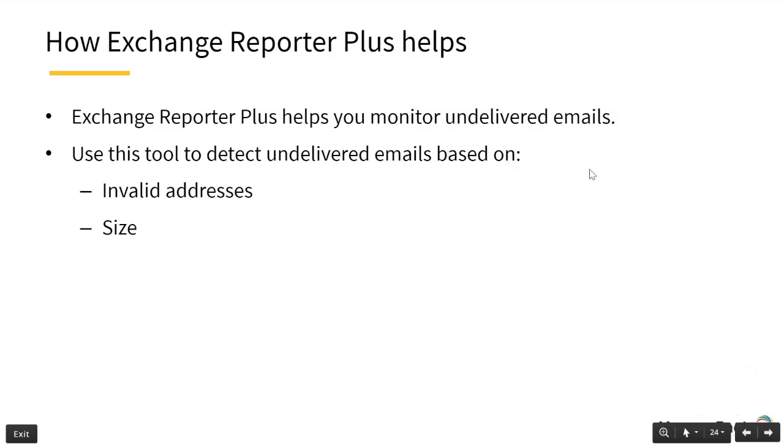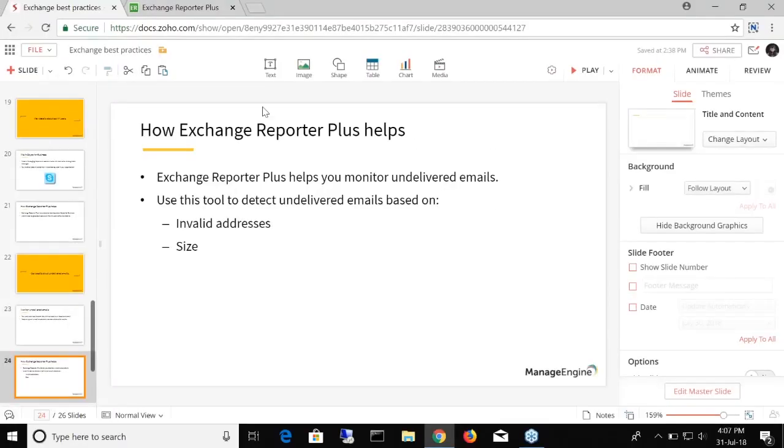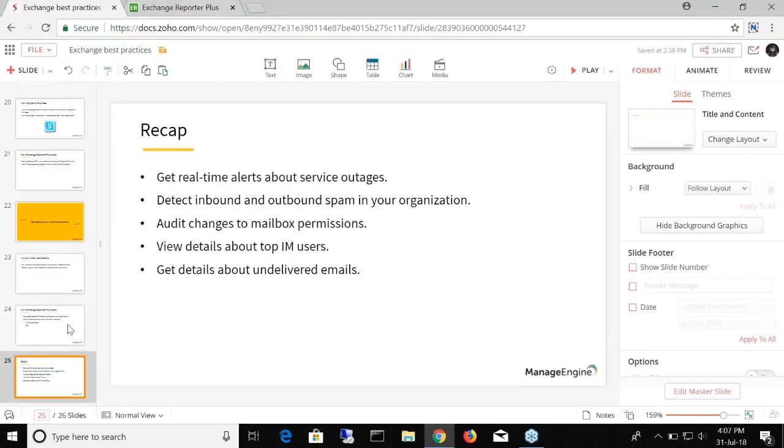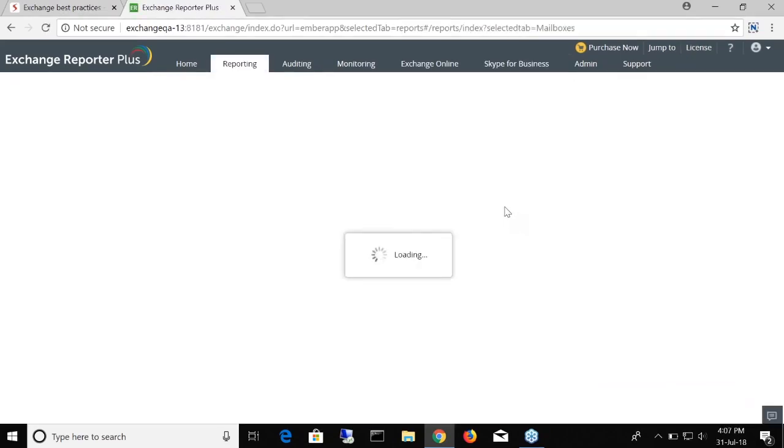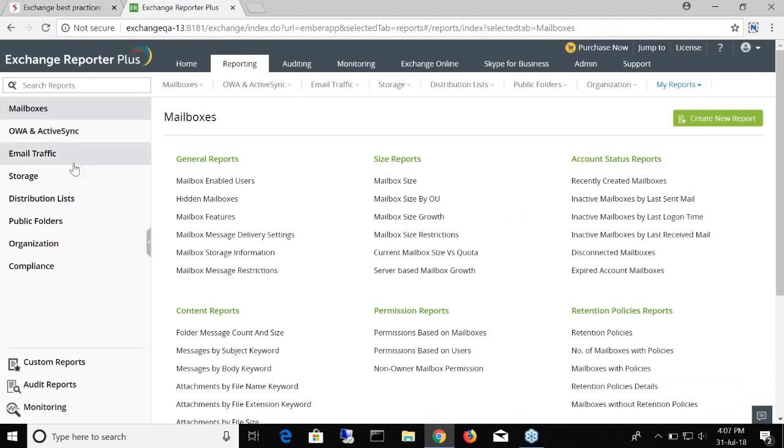This tool is also going to help you detect undelivered emails based on invalid recipient addresses, based on the size of attachments in the email and so on. So let me switch to the product screen and I will show you how exactly you can do this using Exchange Reporter Plus. Click on the reporting tab, and in reporting,